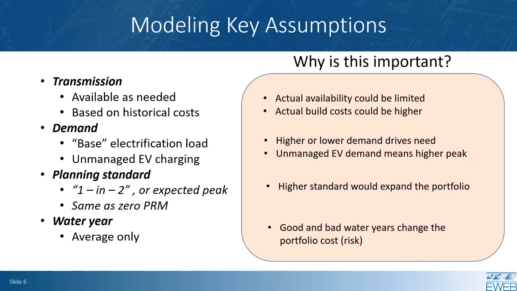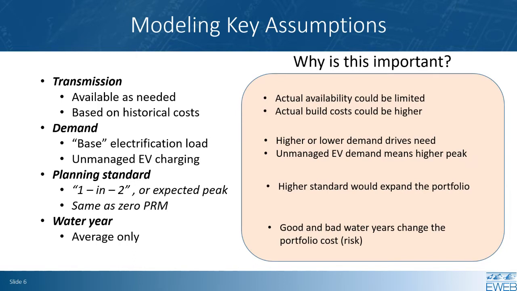So transmission is the first one on the list here. In our model, we've assumed that there's existing transmission available to us for these resources, and that they are priced at the prices that are currently being charged. We've also included some reasonable cost estimates for existing transmission tariffs, but we are also interested in this one area of transmission because there's a lot of uncertainty in when new transmission is going to be built and how much it's going to cost.